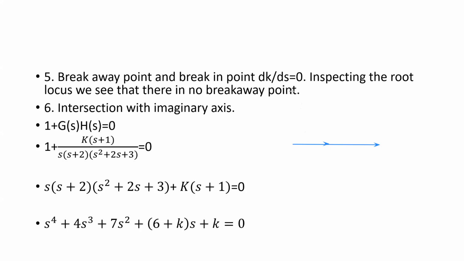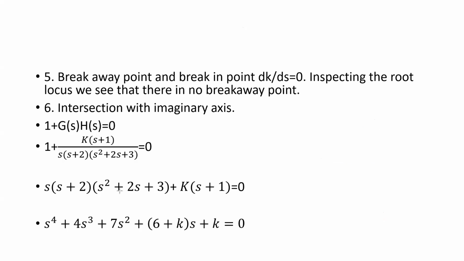Because we have one pole which will already meet the 0, the other 3 poles will go by themselves towards the 0. It will not converge, and breaking will not happen here. So then we'll have to find at what point they meet the imaginary axis. As I said, if I have the axis like this, as the poles go like this, they meet the imaginary axis somewhere here. So at what point they meet the imaginary axis, we have to find out.